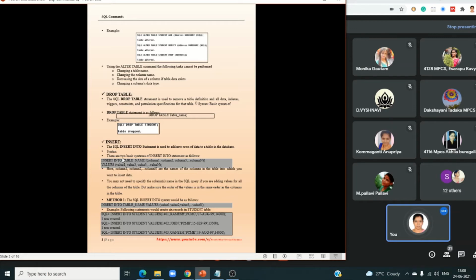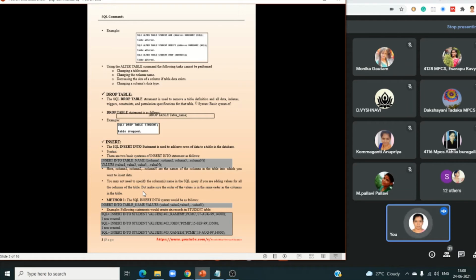Here column 1, column 2 are the names of the columns in the table which you want to insert. It is not necessary to specify the column names when you are inserting data for all the columns.